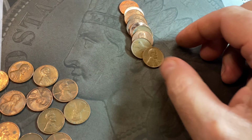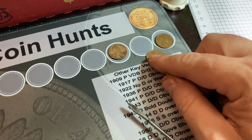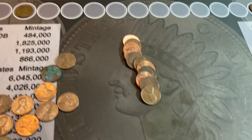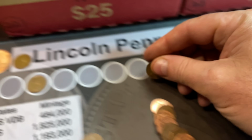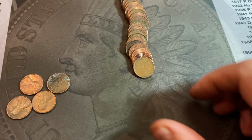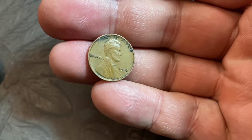Roll 21. We have 5 wheat cents now. This one's a 1957 Denver. Roll 24 is going to give us wheat cent number 6, and it's from the 40s. It's a 1949 out of Denver. Roll number 33. We've made it to wheat cent number 7. And it's another oldie,